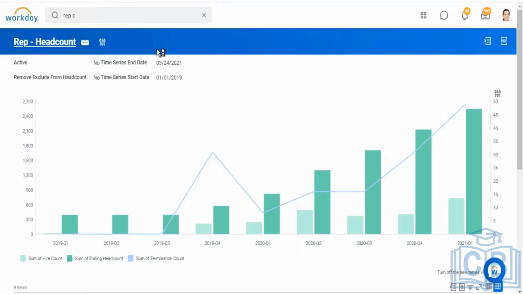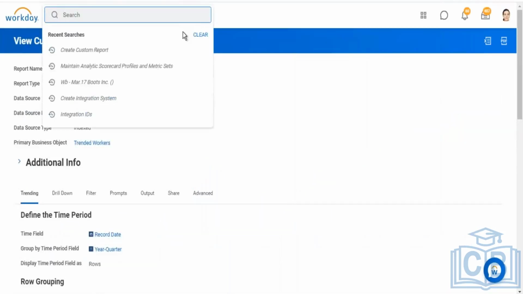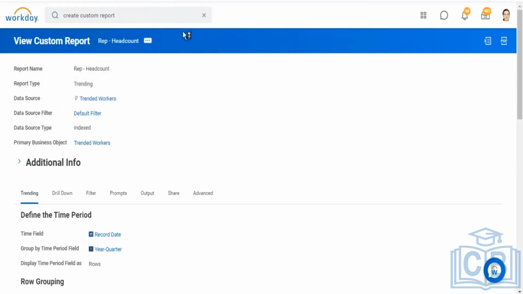Let me quickly show you a composite report as well. So, what is a composite report? A composite report allows me to group one or more reports, one or more matrix reports. So, let's say I want to create a custom report